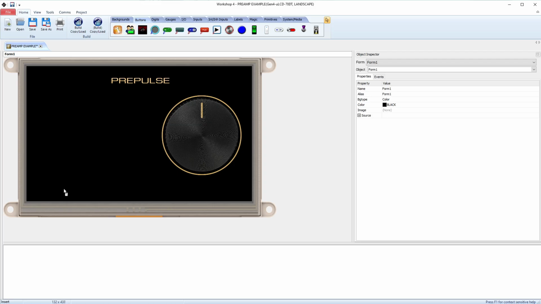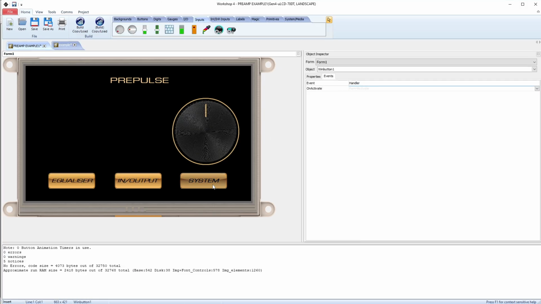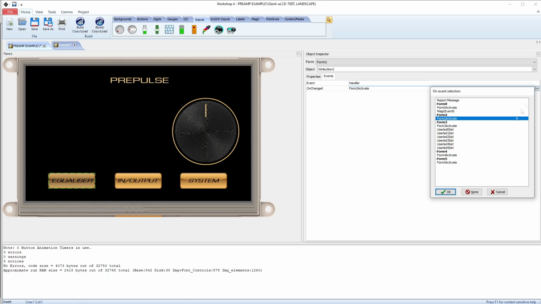Now create the 3 buttons on the main screen, just like before. The first one will be for the EQ, the second for the input, output, and the third for settings. I'll link each of the button's events to its respective form, so each one activates a different screen. We'll come back and add the audio visualizer to this page later, but for now, let's move on to building